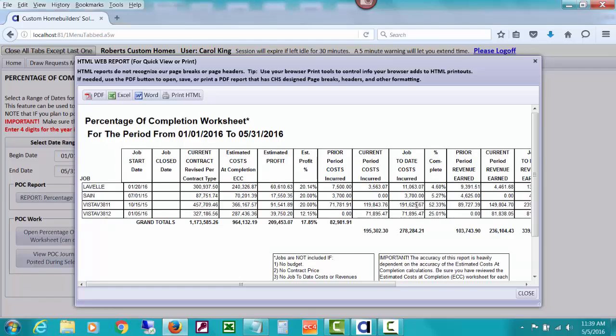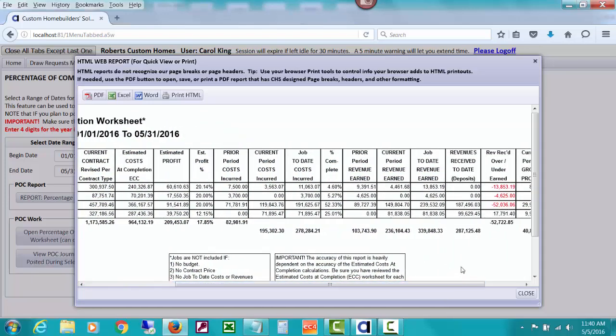And so it'll figure out percent complete, job cost to date incurred, divided by what our current estimated cost of completion is. Percent complete, it shows prior period before that date revenue earned, current period revenue earned, and job to date revenue earned, which actually would be this 52.33% times the current estimated price. And